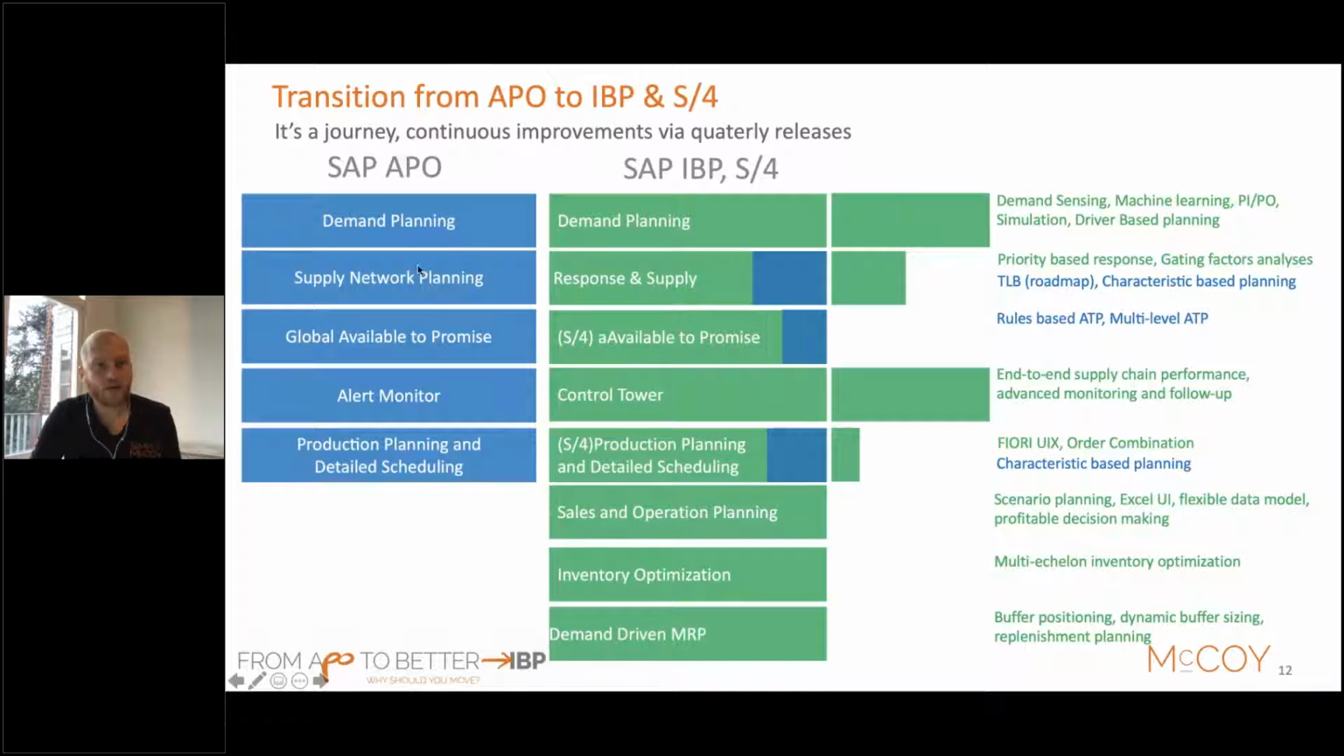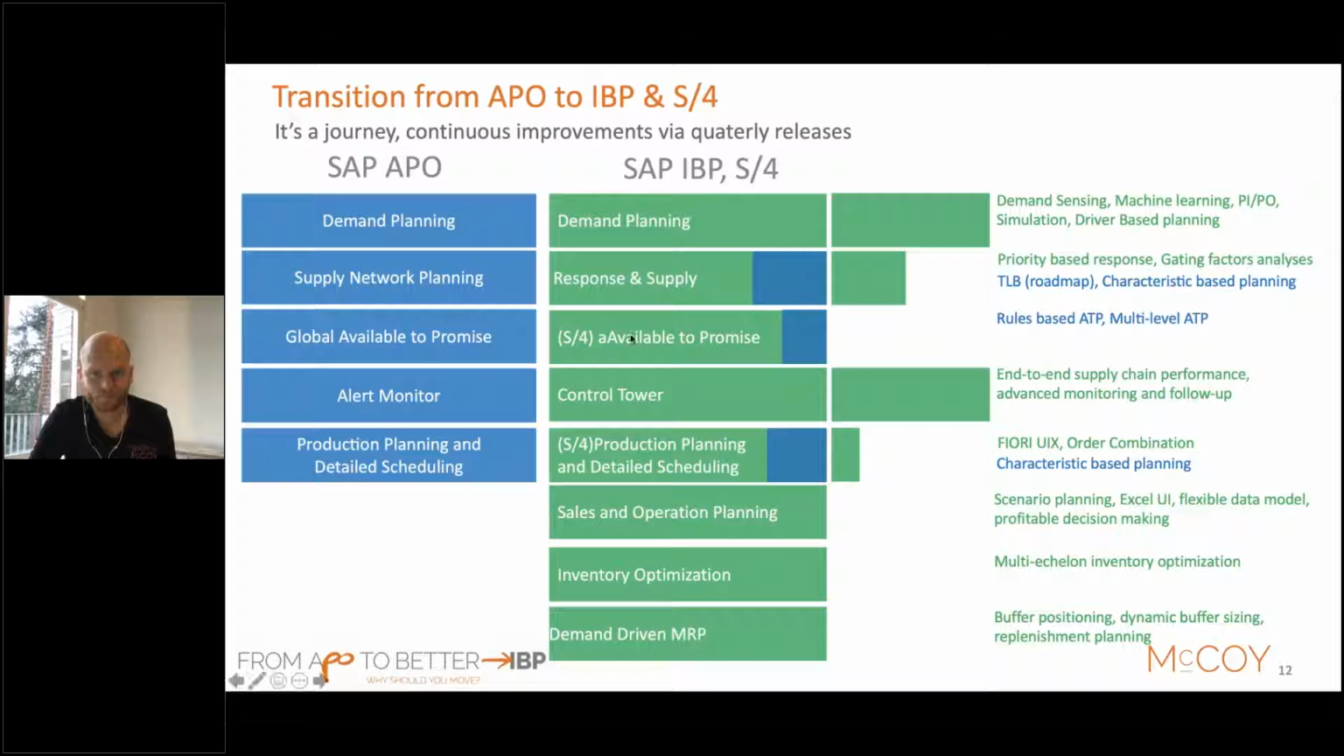To conclude or to highlight on this part, for example, in demand planning, we believe that IBP is much stronger in demand planning with machine learning algorithms, with demand sensing, driver-based planning, and of course with the simulations. In supply network calculation, we think that there are a few gaps within response and supply compared to S&P, but also a lot of improvements. One of the examples is the TLB, although this is on the roadmap. So next year, a part of this gap will already be fulfilled,